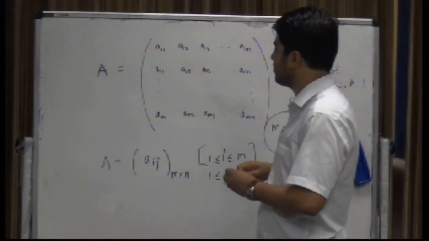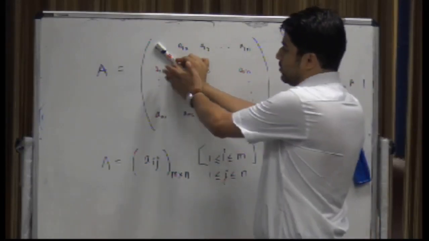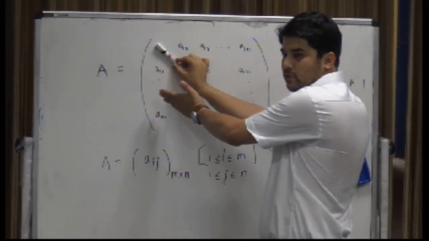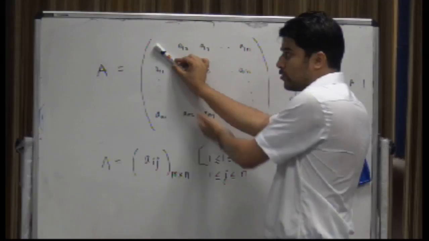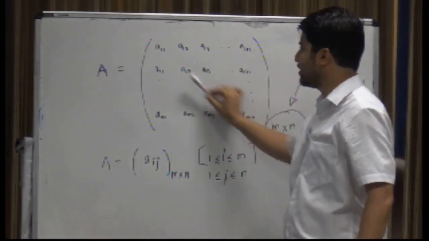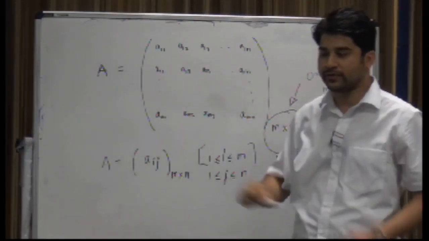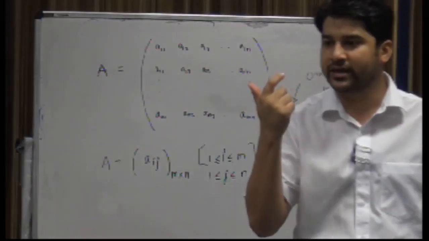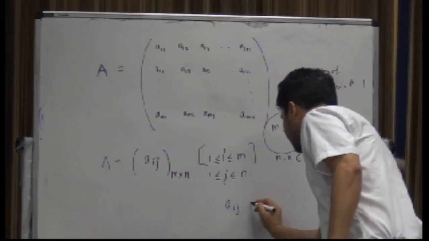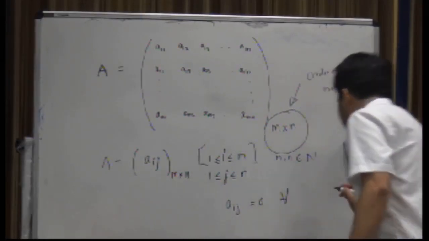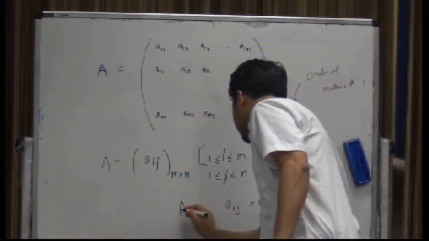If you see, these guys belong to the diagonal, right? Whatever elements you find below it have to be 0. What is common to all the subscripts below this? This line is where m is equal to n. On the lower side, the first number is greater than the second number. So I must say that if Aij is equal to 0 for i greater than j,